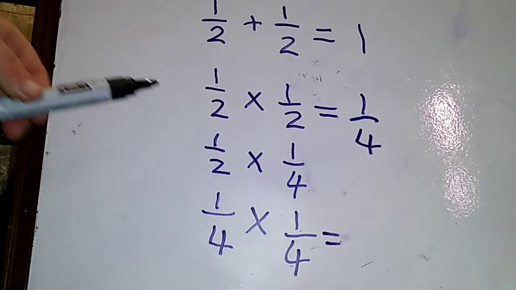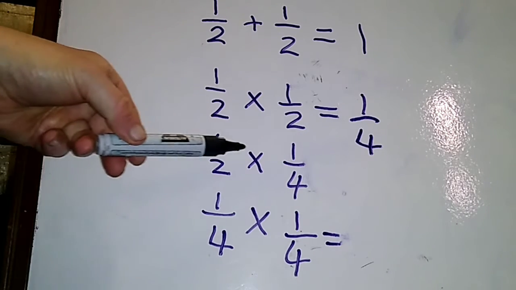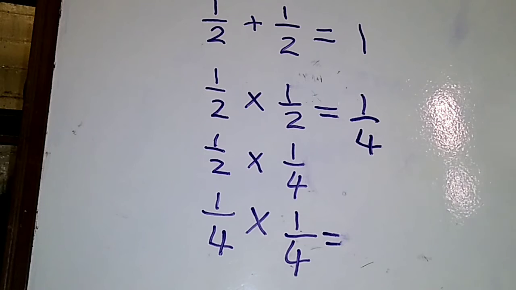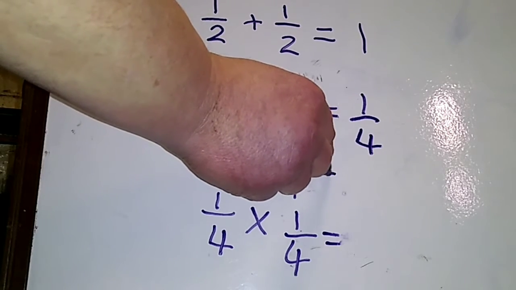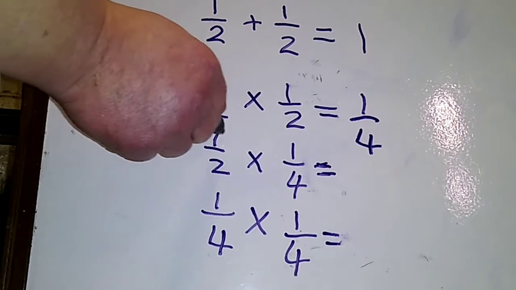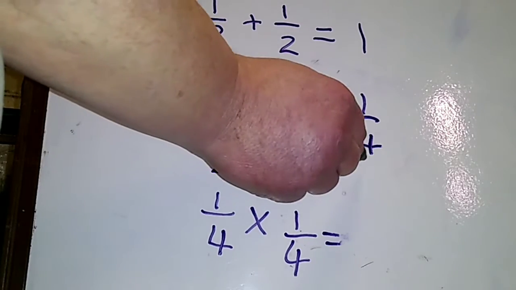So if we now multiply a half by a quarter, what do we do? Equals 1 times 1 is 1